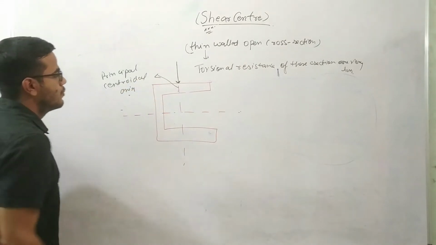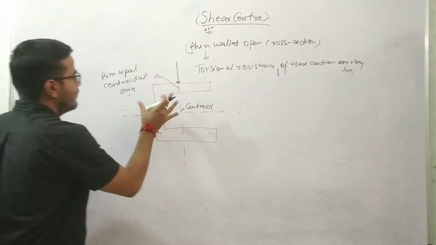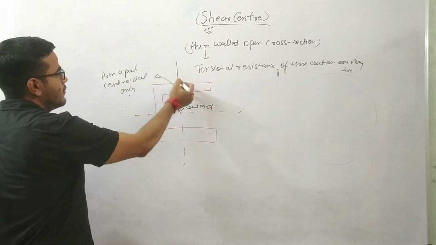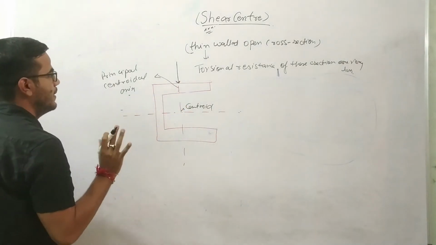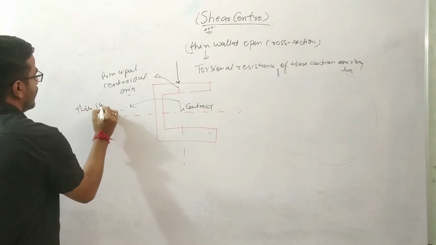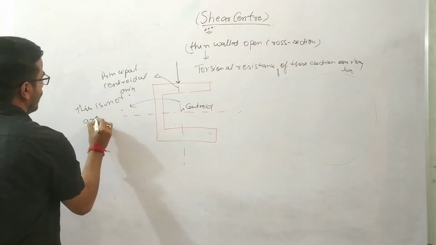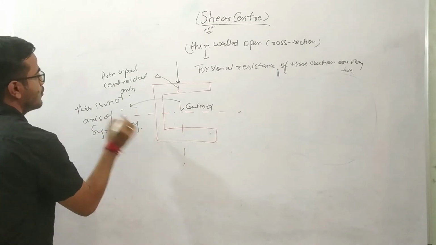This is our centroid. So when the load is passed through this principal centroidal axis, which is not an axis of symmetry, remember, this is not an axis of symmetry,